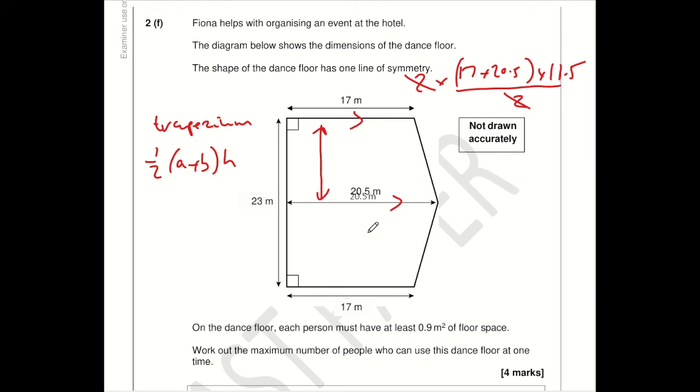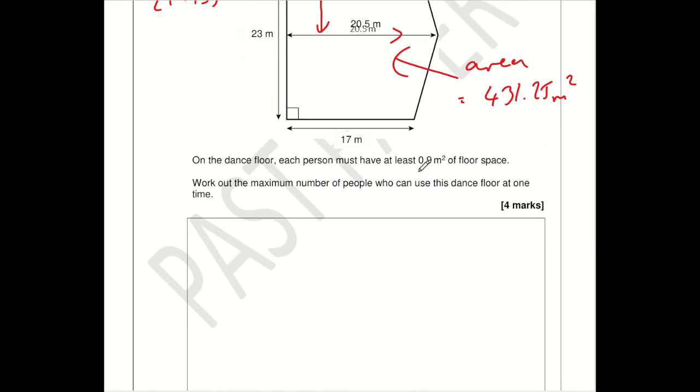So 17 plus 20.5 comes to 37.5 multiplied by 11.5. So the area of the whole thing is 431.25 square meters. Okay, now on the dance floor, each person needs 0.9 square meters. Not a lot of space, but anyway. So how many 0.9s go into this? So the calculation is 431.25 divided by 0.9, and if I divide that by 0.9, I get